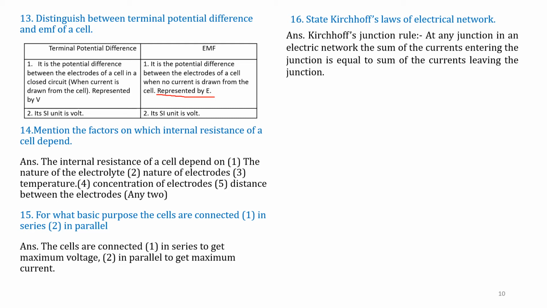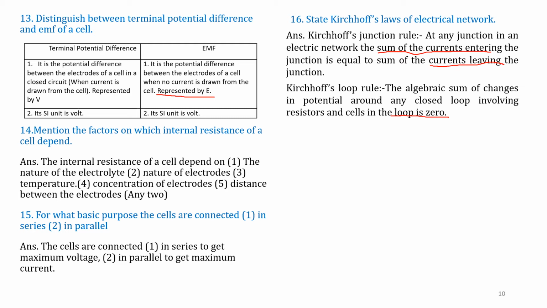This is voltage, that is the changes in potential difference. Kirchhoff's first law, the junction rule, says the sum of incoming current is equal to outgoing current. Entering current is equal to leaving current. Whereas here, the algebraic sum of changes in potential around the closed loop involving resistors and cells in the loop is zero. That is, the sum of potential drop is zero. Kirchhoff's voltage rule, Kirchhoff's loop rule.